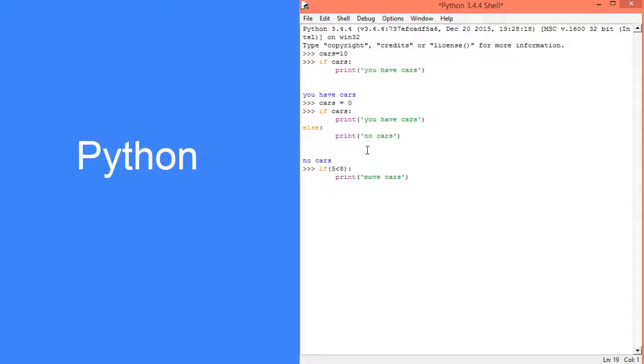And I'm now going to press enter again to run it, and because 5 is less than 8, this condition is true, and therefore it comes up with move cars. Let's now change the if condition, and now let's say if, for example, 7 is less than or equal to 6,